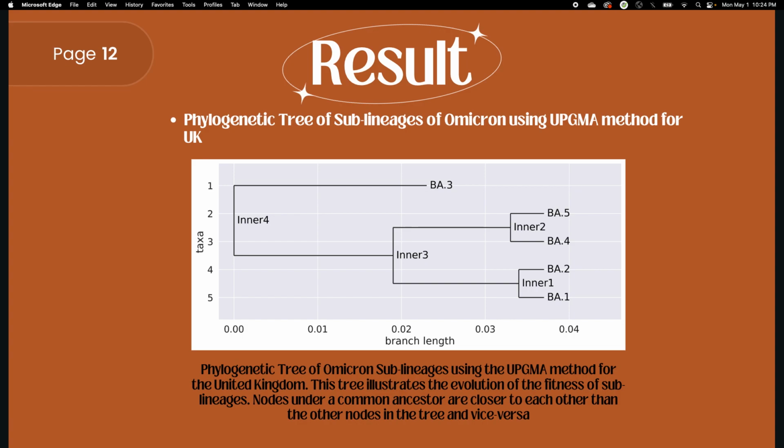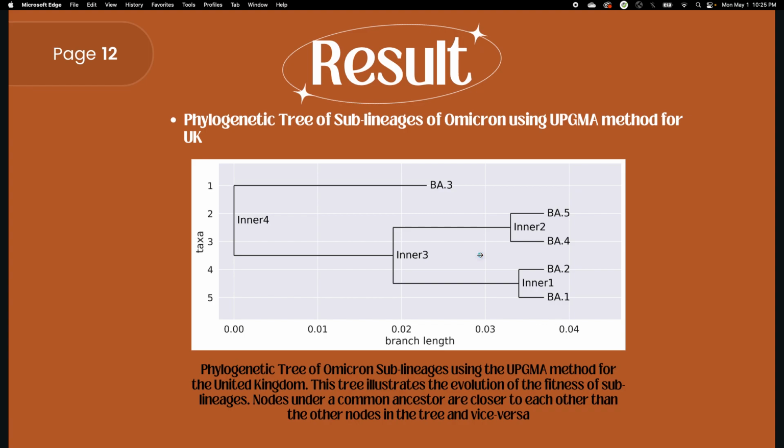Then we used the other method, UPGMA, unweighted pair group method with arithmetic mean, to construct the phylogenetic tree of the sublineages using the UCAS data. But the tree is pretty different from the Neighbor-Join method, because UPGMA considers a constant rate of evolution. That's why the branch lengths are basically the same, and from here we can deduce that for rapidly mutating and rapidly changing viruses, the Neighbor-Join method produces more accurate results than this kind of UPGMA tree, because